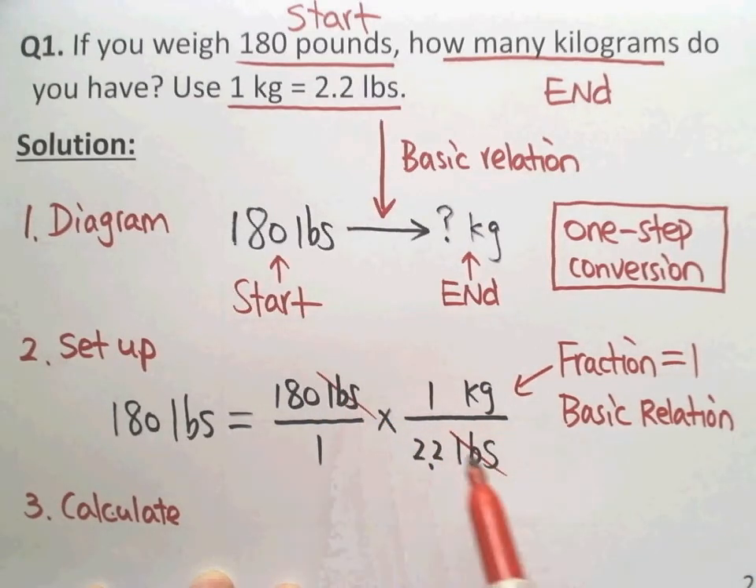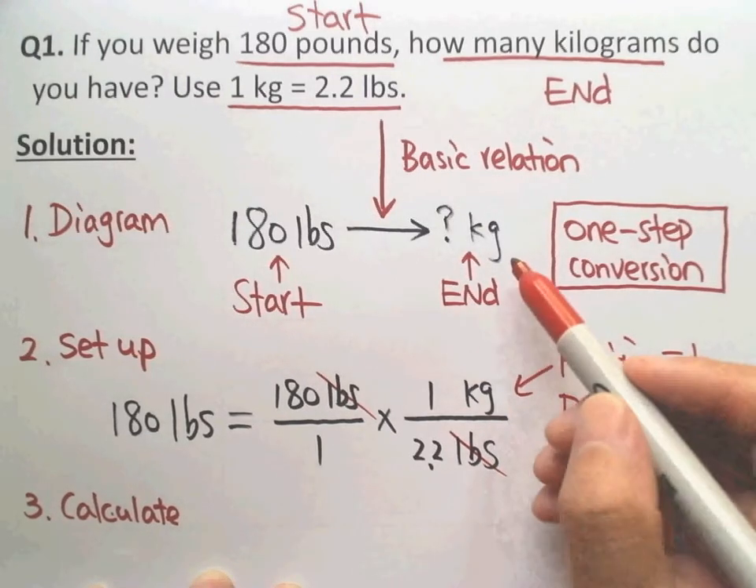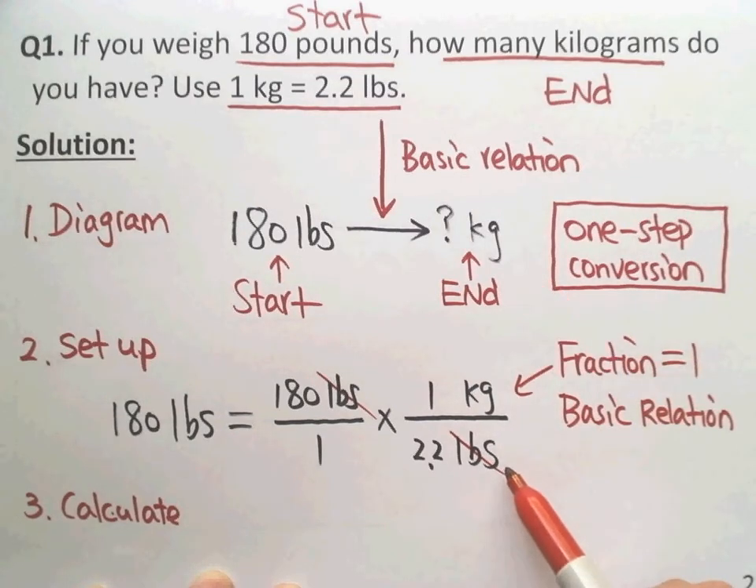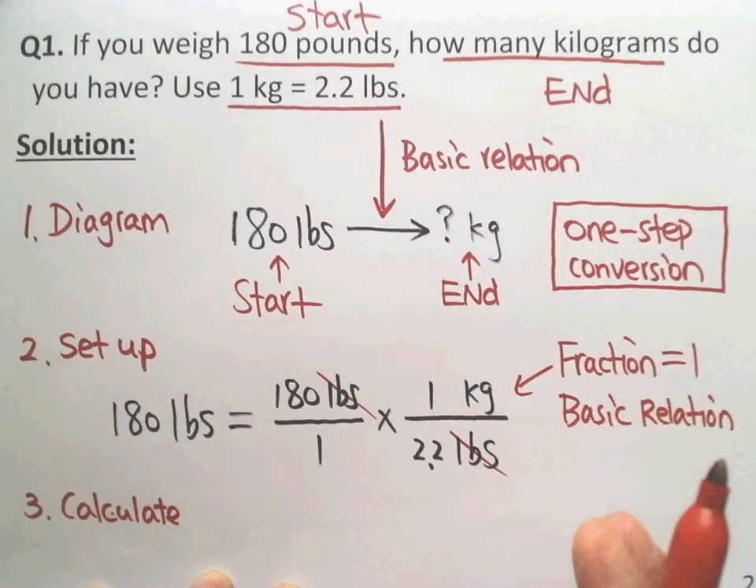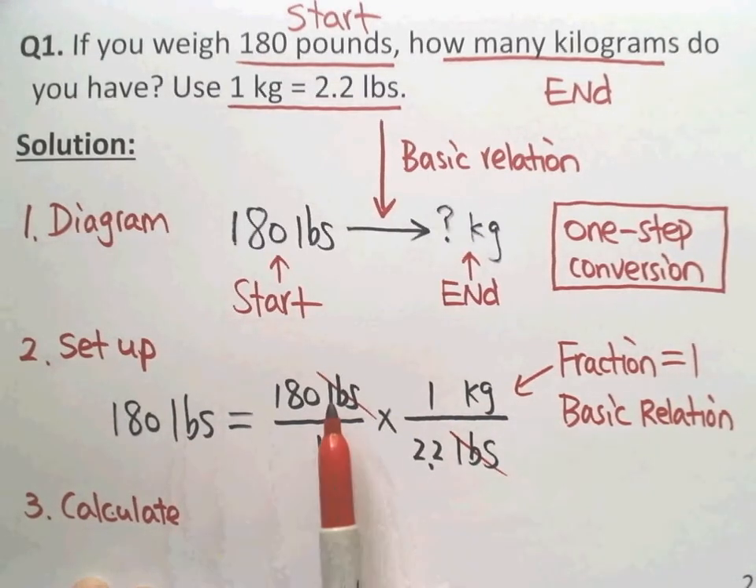Can you see? If we cancel this, what do we have left? We have the kilogram left. This is the new unit, which is kilogram, what we need. Does that make sense? Okay, so now we already set it up correctly from the beginning, and then we wrote